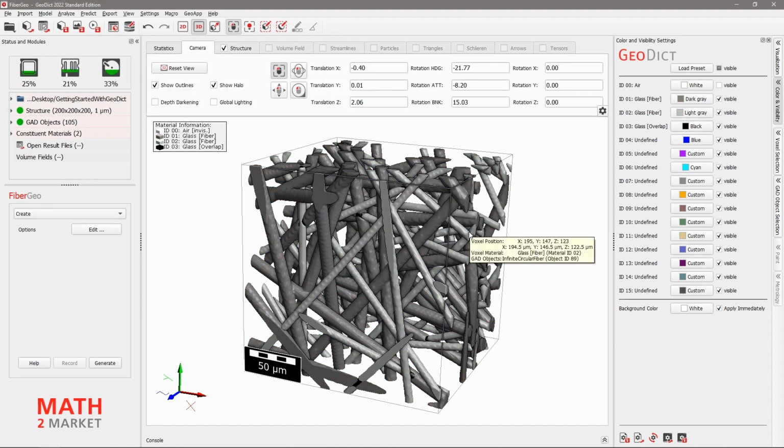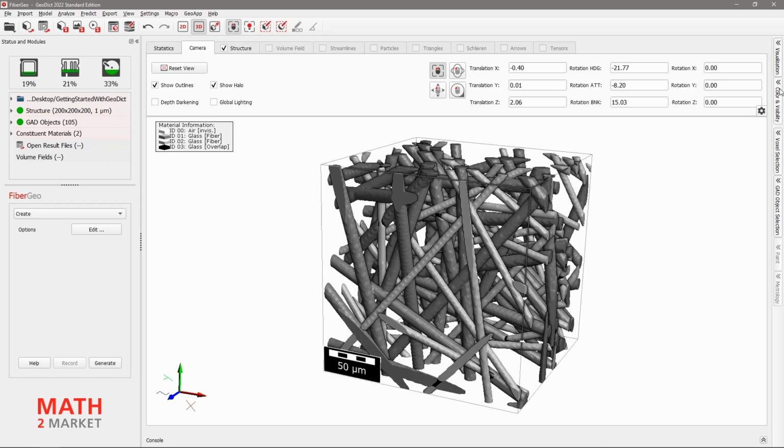The fourth and the fifth icon are also quite relevant. With those, you can load and save your own startup settings. With the fifth icon, you can set your current settings as startup settings. And if you restart Geodict, those settings are loaded by default. And if you change something and you want to have your default settings back, you can simply load your startup settings. I will just keep this as it is and close the dialog.